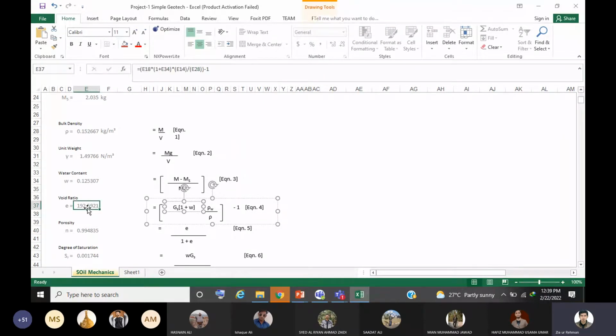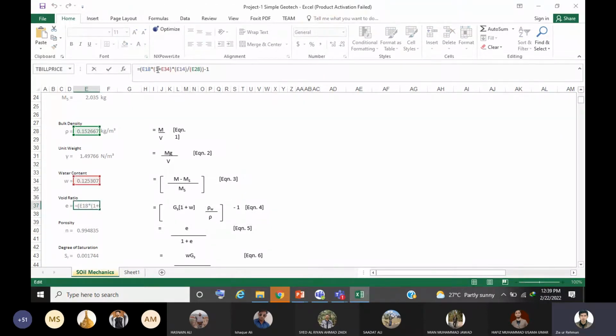You see that first I add the 1 plus moisture content. Moisture content was here on this cell, which I have already determined. Now you see that here I have written the formula, but now I'm recalling it to be a value. When you write it to be E34, you could say that it is taking it as a formula, and also it is taking the value.